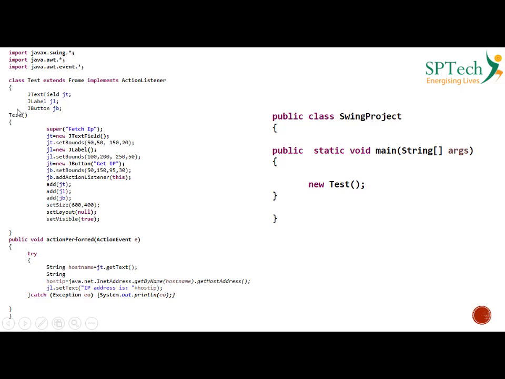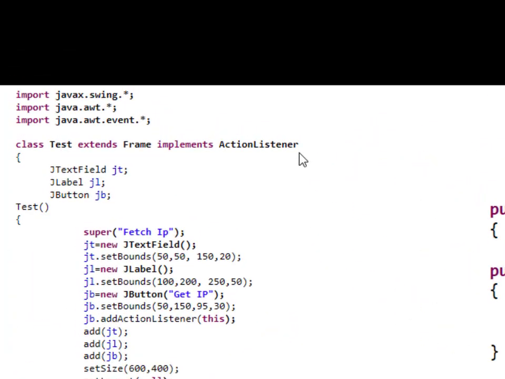java.awt.event.*. Now I have created a class called Test which extends Frame and implements ActionListener. You know what is this? Test is a class. It extends the Frame class of the java.awt package and it implements the ActionListener. Now ActionListener is an interface. Now I am creating three variables, that is JT, JL and JB. JT is a variable of the JTextField class, JL is the variable of a JLabel class, and JB is the variable of a JButton